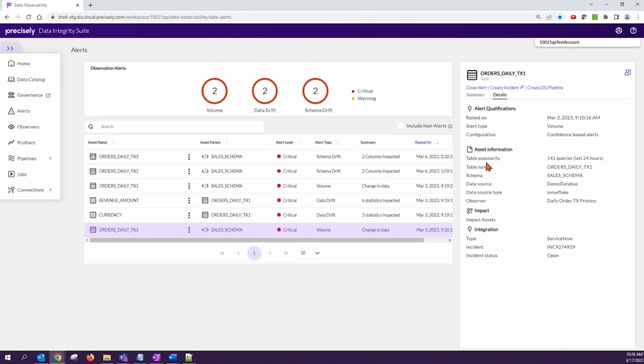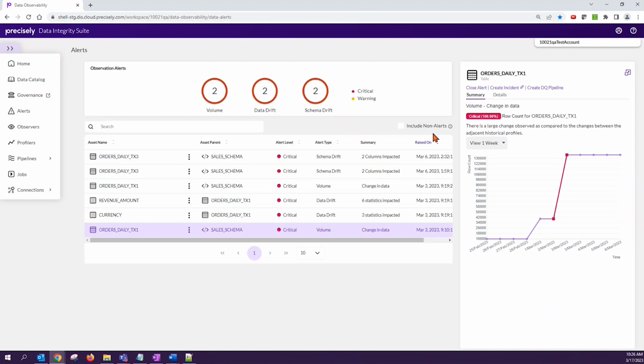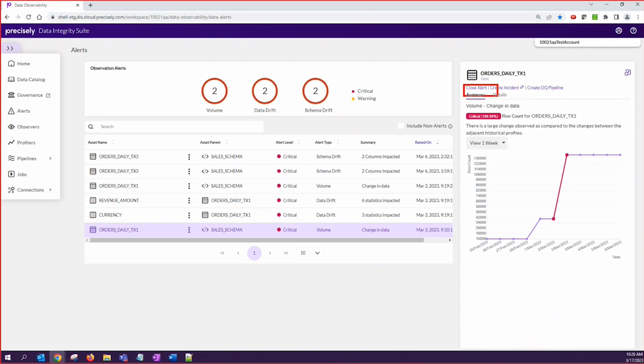Now, that takes us to the overall life cycle of an alert. What do we do once an alert gets generated? There are several actions that you might take. You might consider that alert as non-critical and see that this is okay. You have an option to close the alert. So let me just highlight this. You have an option to close the alert. What that does is feed back into the machine learning model so that the model keeps improving and you do not see that alert again,